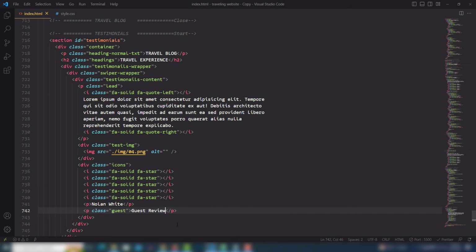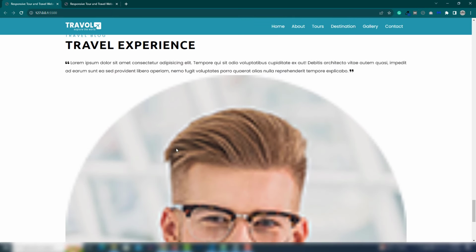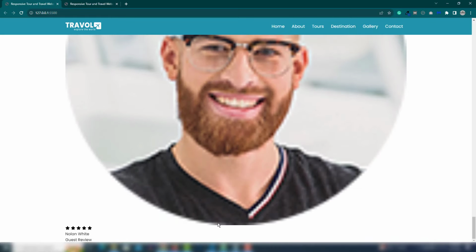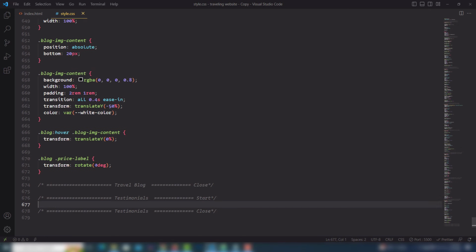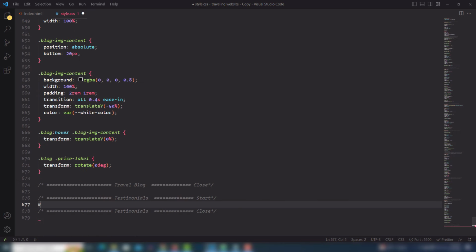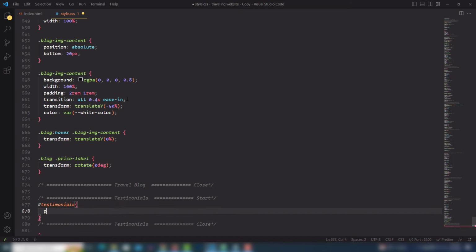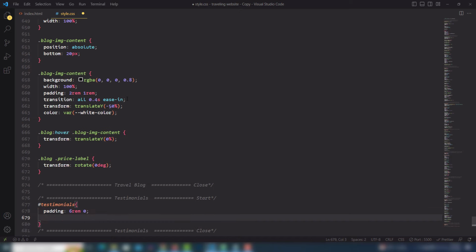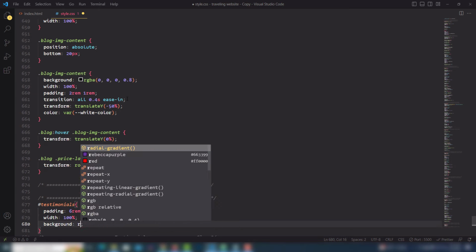So this is our first section, but we need to add 2 more sections. So we need to work on the CSS to design that. Let's do that. First we're going to get the testimonial ID, paste it, and I'm going to use padding top and bottom 6rem, left and right 0, and width 100%, because I will use the background URL